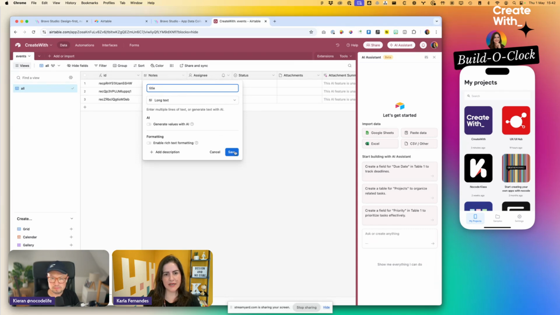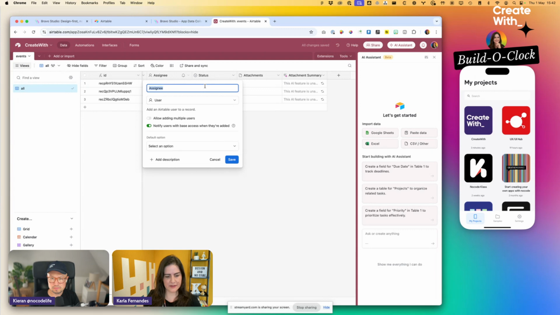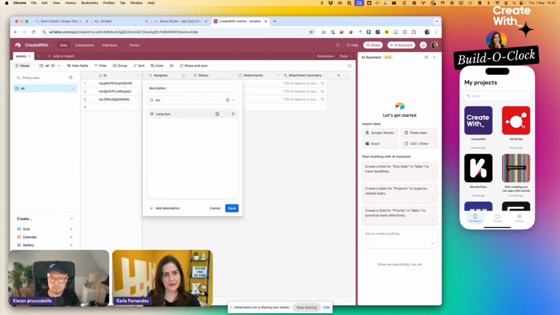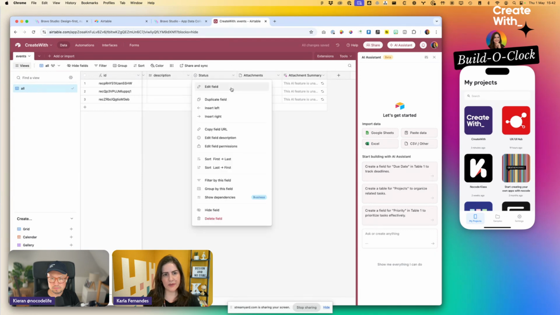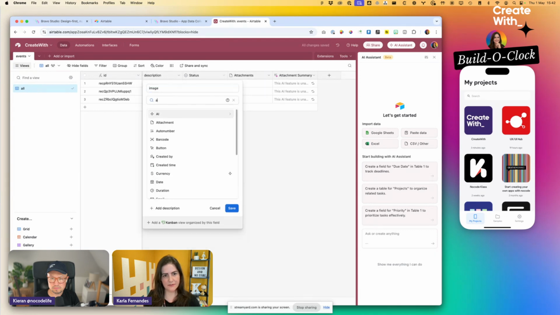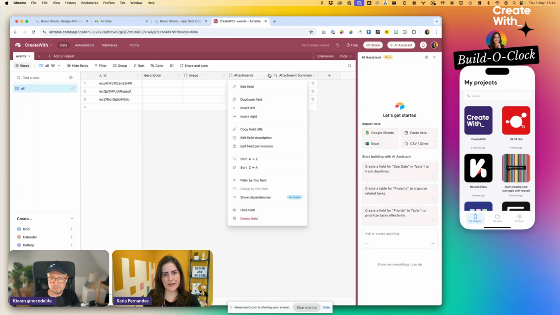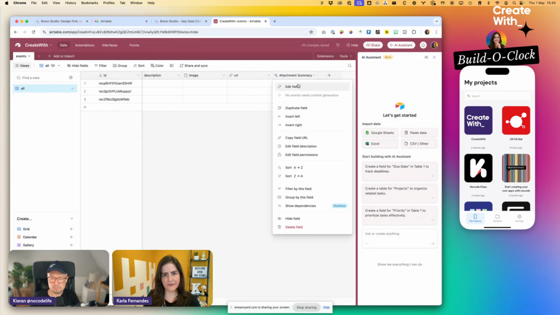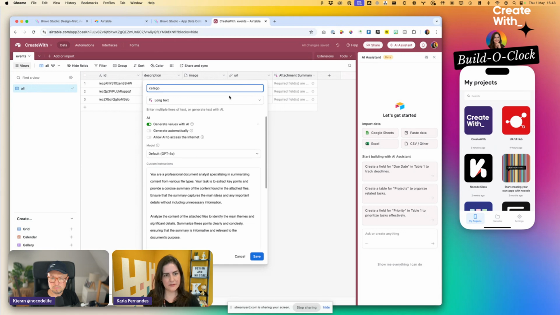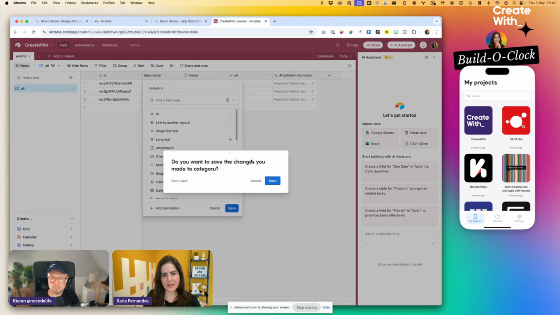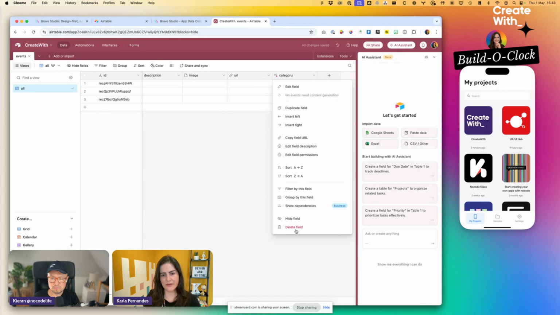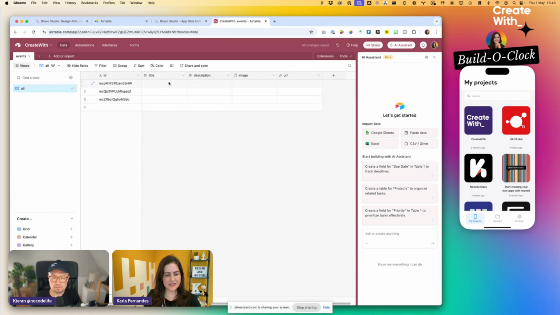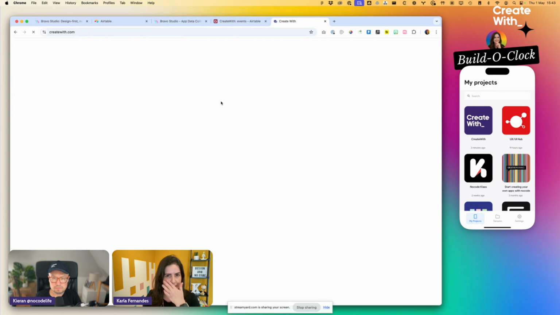So you have a title, we have a description. Then you have also an image, type attachment, and a URL where you are going to. And we could also add a category. I will not add the category because we are going to use the same category. So that is it. I'm going to the Create With website